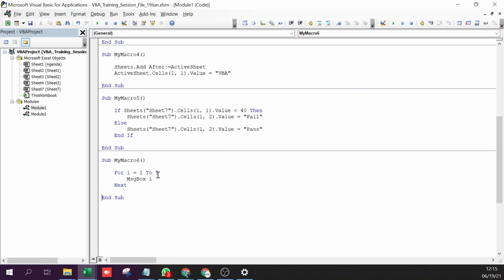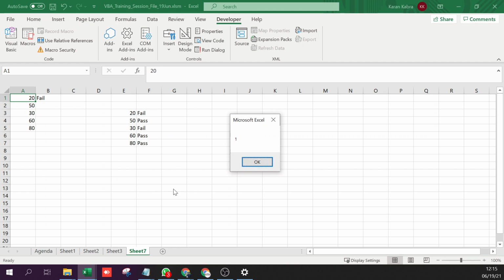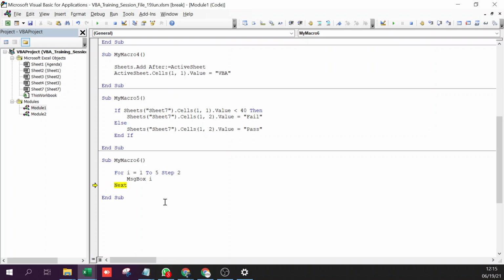Why did it increment only by 1? Because by default it increments only by 1. You can make it increment by 2, by 4, by 3, whatever number you want, by writing this step 2. Now it will go from 1 to 3 to 5. You want to check? 1. Will it have 2?